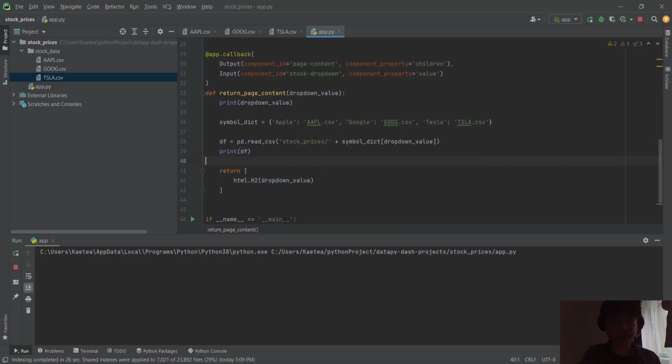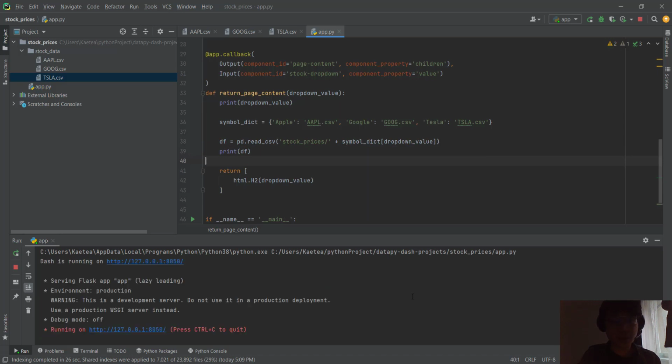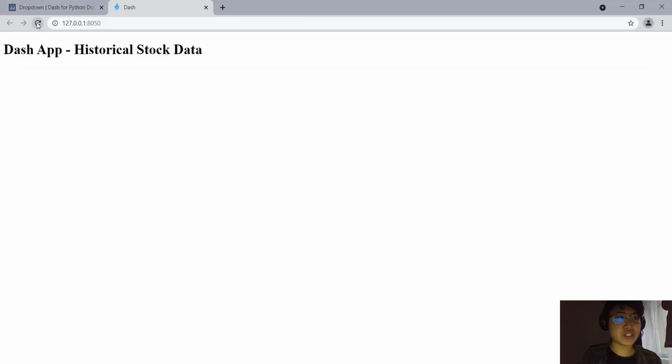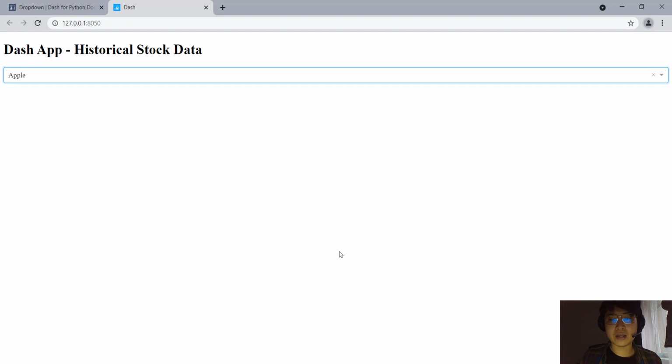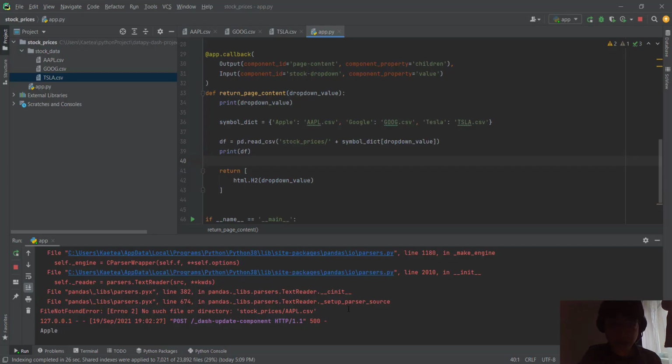So let's restart again, and let's refresh. Okay, so now let's play around with the inputs again, and here we see that we have some error, no such file or directory, stock prices slash apple.csv, and the mistake is because the name of the folder is stock underscore data, not prices, so this is a mistake on my part. So let's update the path, stock data, refresh,